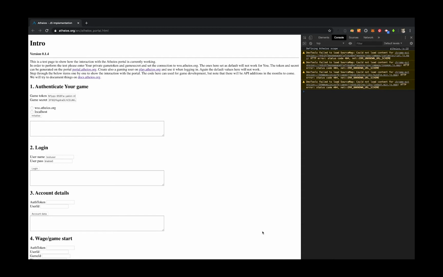Today we want to show off a little bit the framework we have for the Atheios implementation for JavaScript. And we want to show how you, as a JavaScript programmer or game developer, can actually integrate the Atheios blockchain and interaction with the blockchain. So we start off here with this page. So this is a working example on